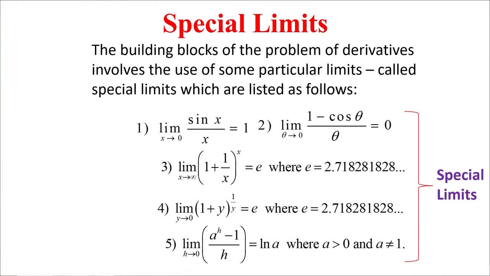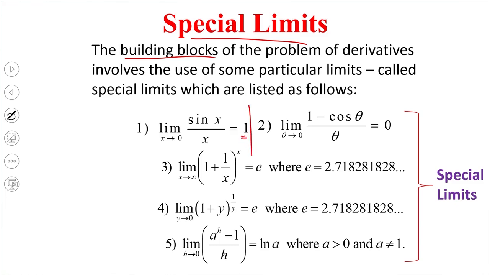So I will try to make attention on some of the special limits, not on the whole limit itself, because these what are called special limits are special in the sense that they become building blocks for derivatives and consequently for integral calculus. So we have five special limits, one of which is the limit of sine x over x as x approaches 0, which is 1,